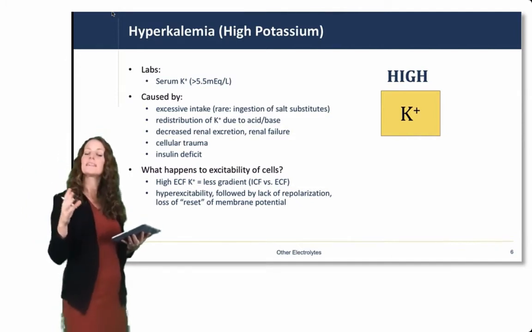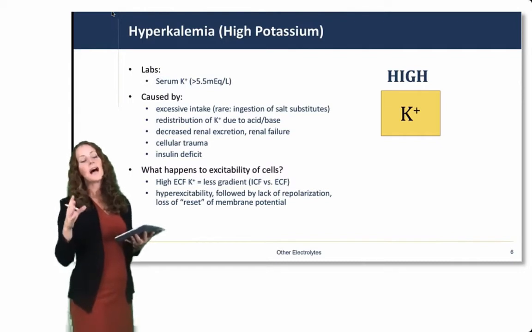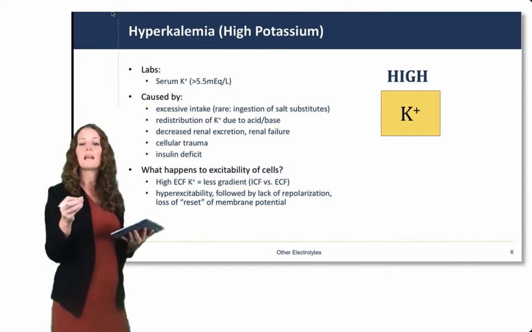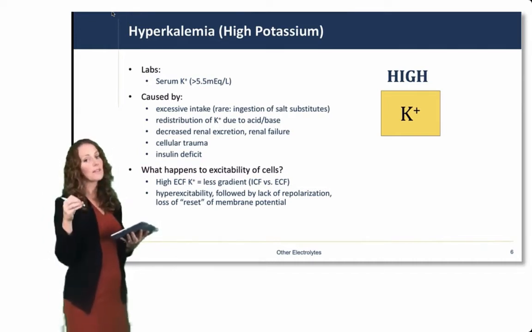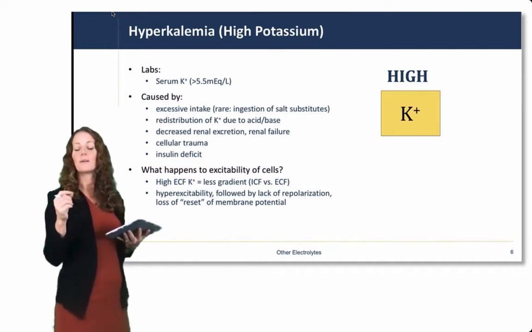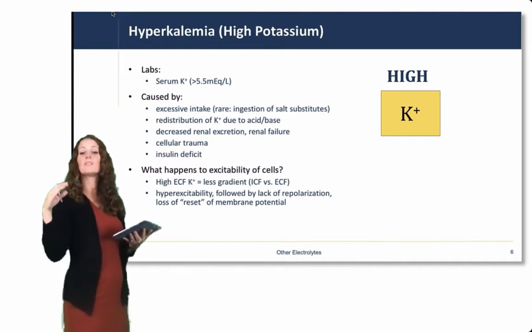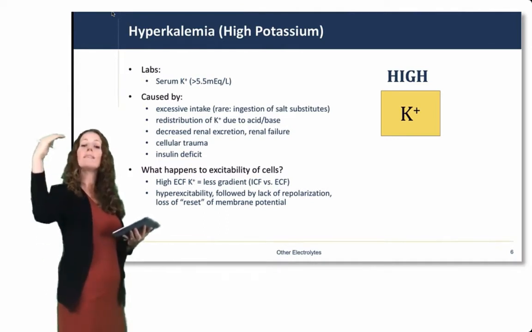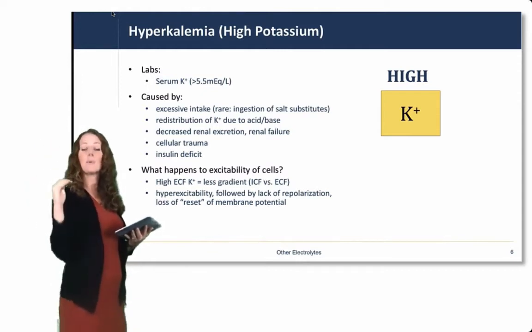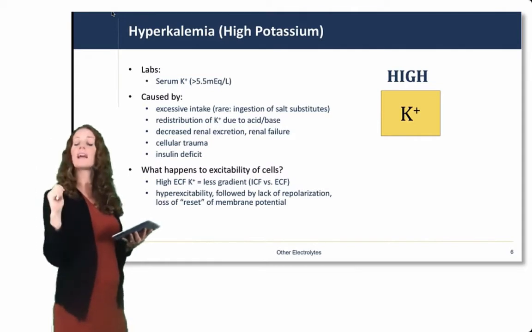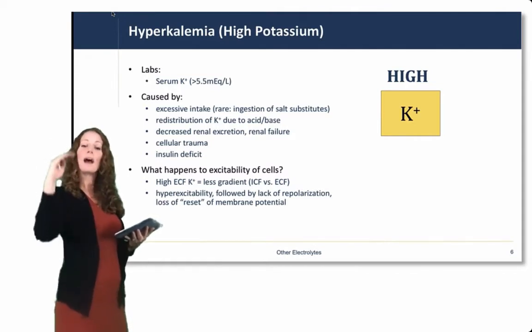What will happen to the excitability of cells? High potassium in the extracellular fluid will decrease the gradient of potassium between the intracellular and extracellular fluid. This means that the resting membrane electrical potential of cells will be more positive, or hyperexcitable. If the cells are more positive, it's easier for them to get to threshold, and they will be hyperexcitable for